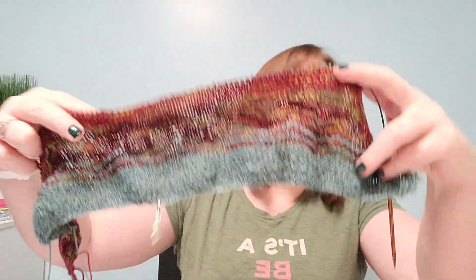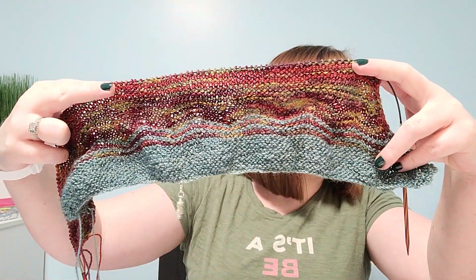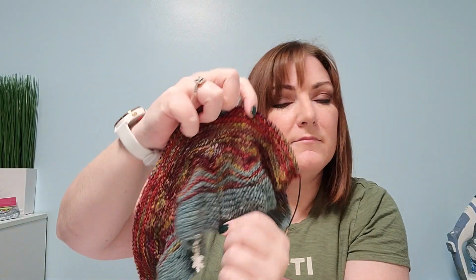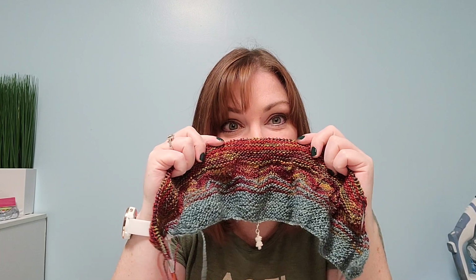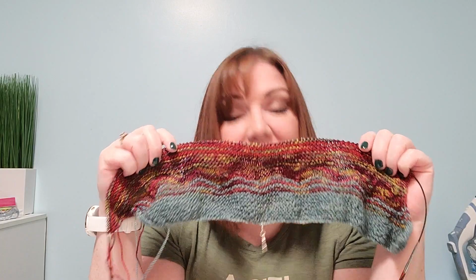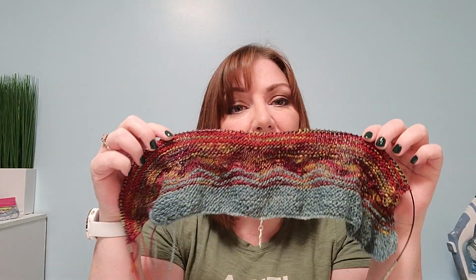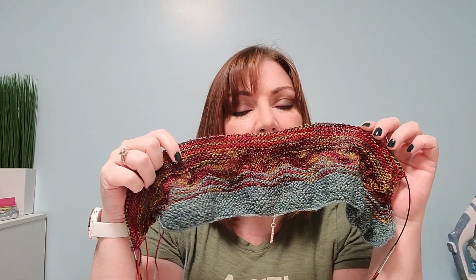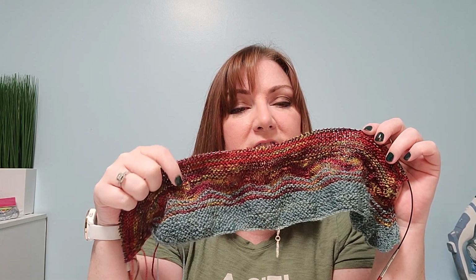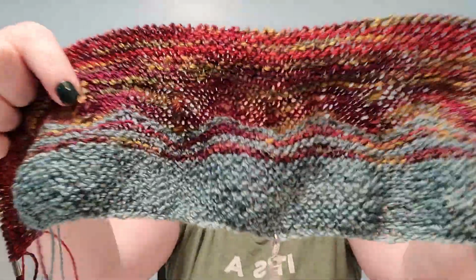And there's where I'm at. So it's okay. I'm not dying in love with it yet, but I'm only on the 3rd color. I'm not even halfway done with the 3rd color. So the 1st color, and then it goes into the 2nd color, and then we've got some